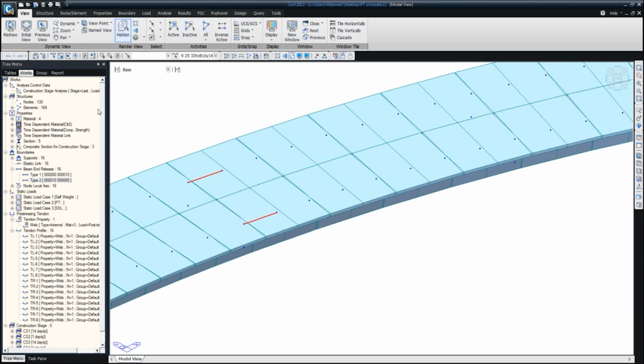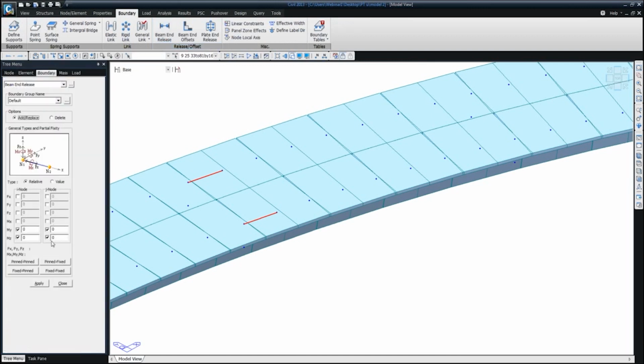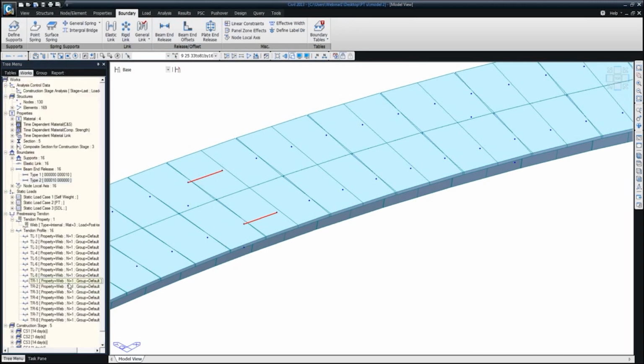And if you go into the definition of beam end releases, you can release the moment at the I or the J end, or any type of force that you want at those splice locations. So in this case, if you read, we have released the moments in the member. So having done this, in this way you can model the splices,